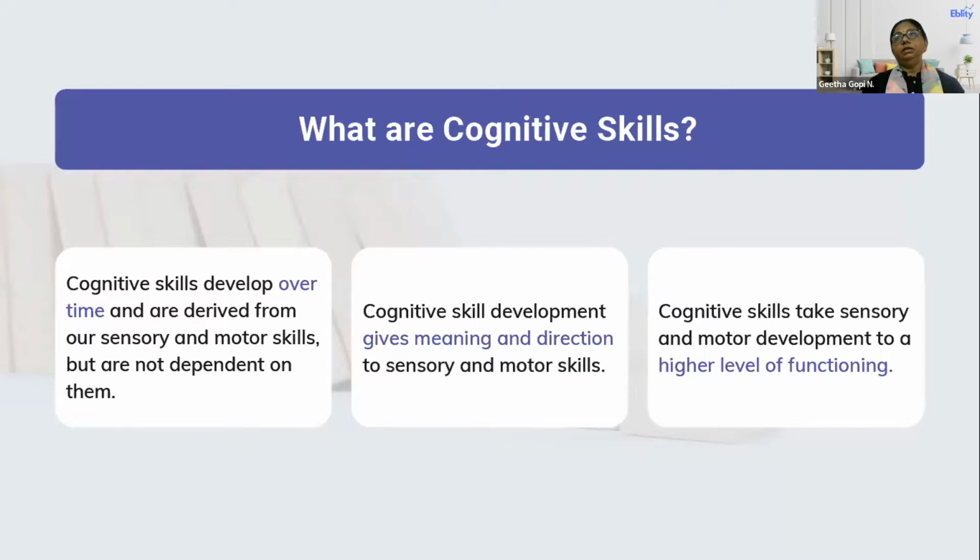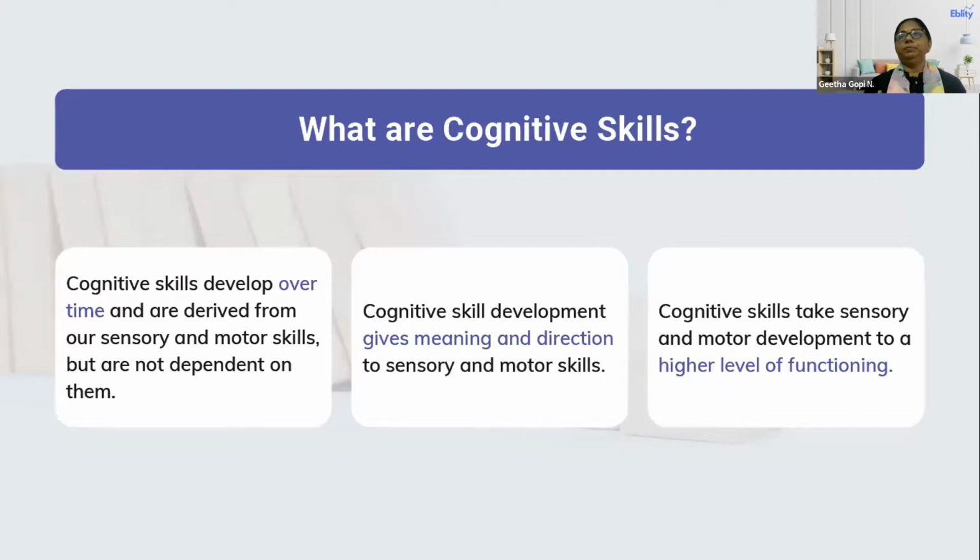However, these are not totally dependent on sensory motor alone. There are other factors also that come into it, but this lays the good foundation. When sensory motor skill development takes place, that happens more as a physical part of growth, the physical part of maturation and development of the body and the different parts of the body. What cognitive skills do is give a new sense of direction, a new sense of meaning and purpose to those sensory motor skills. If I give an example, reaching out for objects is a part of sensory